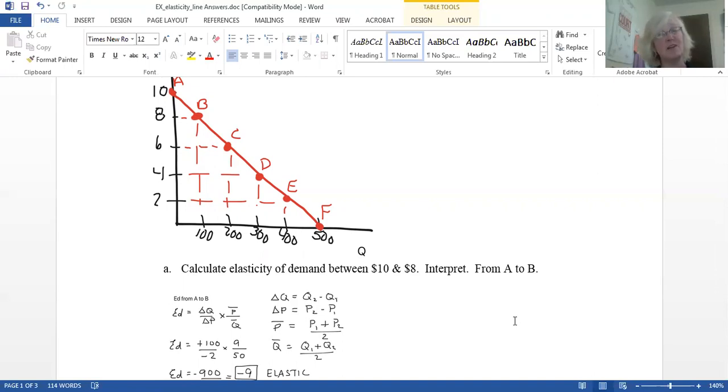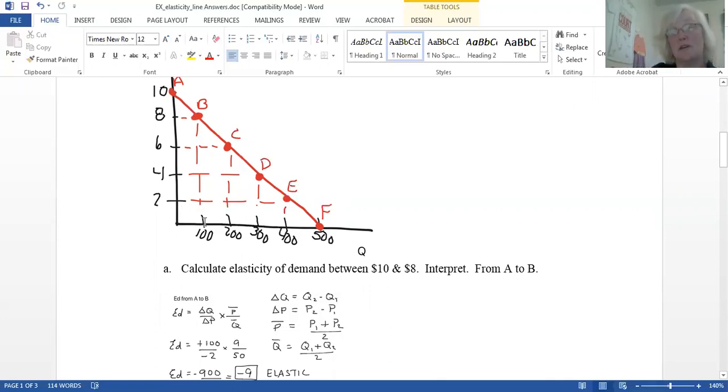We have the original price, which we're going to assume is farther up and to the left as we work our way down this demand curve. And then the new price is going to be $2 lower and obviously 100 units further along the demand curve to the right. And so in this case, when the first part of the question says, calculate elasticity of demand between $10 and $8 and interpret, I added, yours might not say this, that's going to be represented by a movement from point A to point B along our graph. Going from A to B, my price is falling from 10 to 8, and correspondingly, my quantity is increasing from